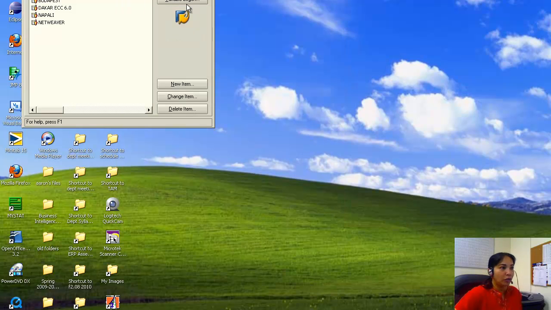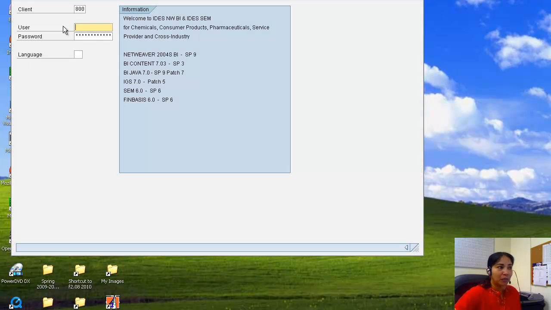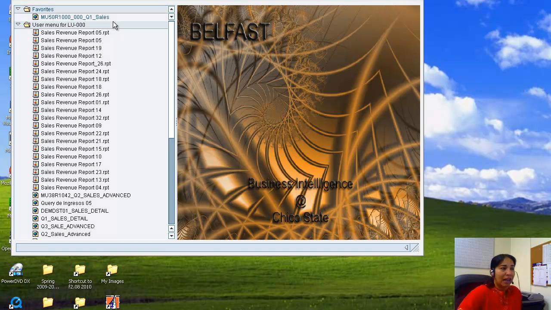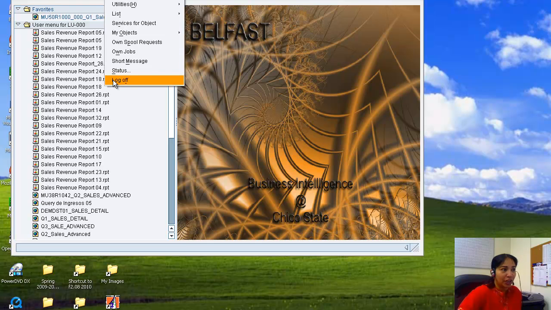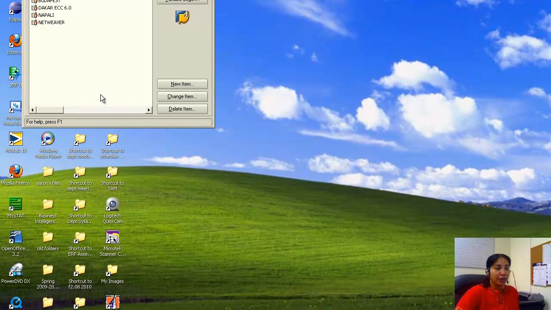So when you log on, you click here and then your client number is 800. Your ID is given in the document, so please do not use my ID, use your ID. Your initial password is SAP for us, but then you change your initial password. Now you log in. After you log in, you can just log off. This is essential. If you do not log in and log off, you will not be able to access your